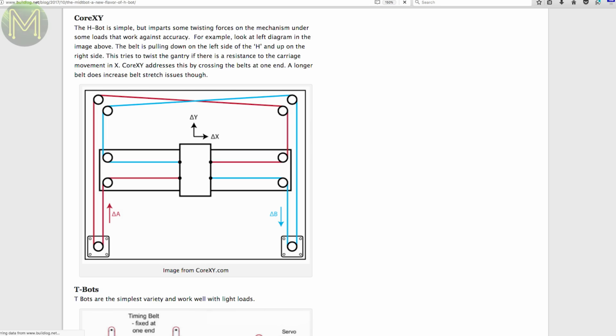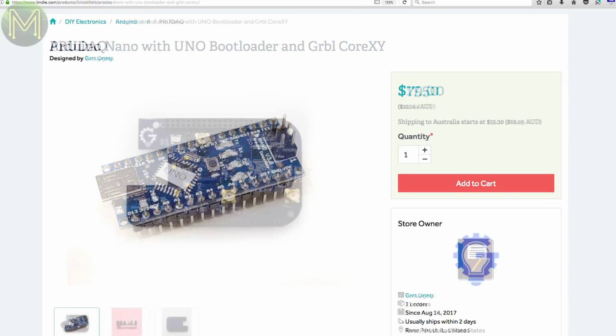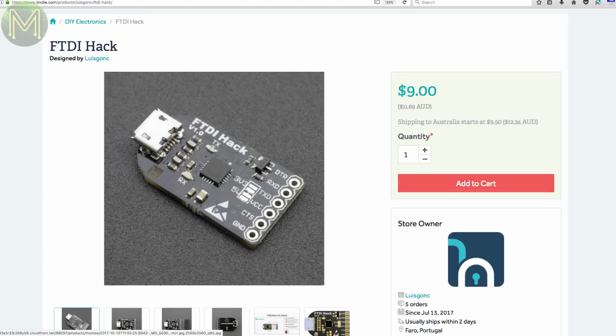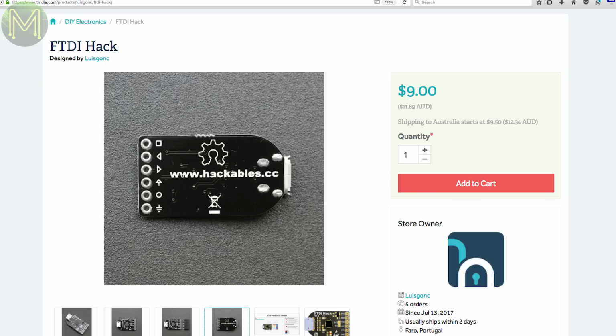It's a cool idea, and the best way to control them is using the Gerbil Core XY firmware. This store has the firmware preloaded on an Arduino Zero for you. Oh look, the Prudak from Weekly Roundup number 45 is on Tindy now. And the FTDI hack is a breakout board for the FT231XQ IC, which is similar to the SparkFun version, but